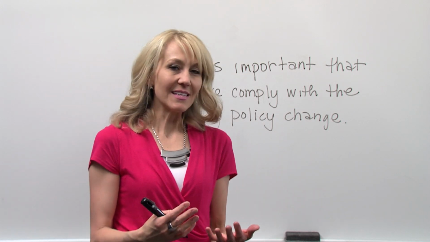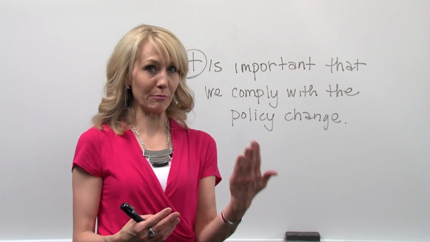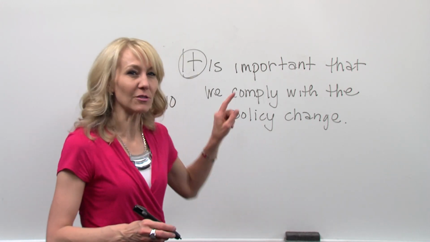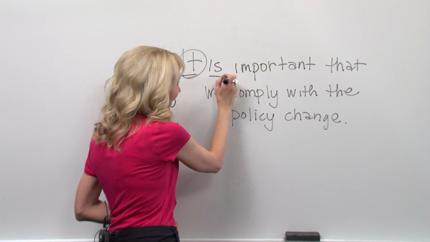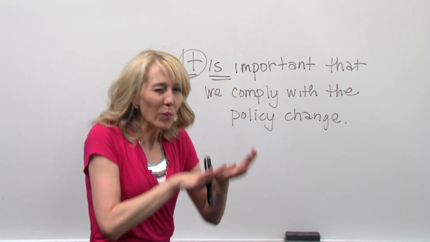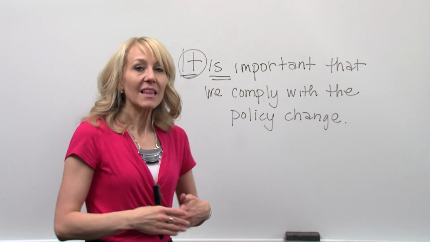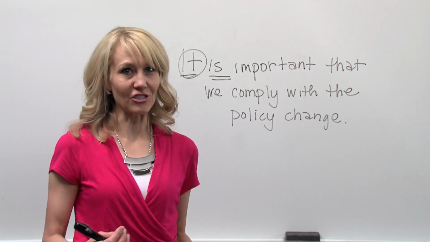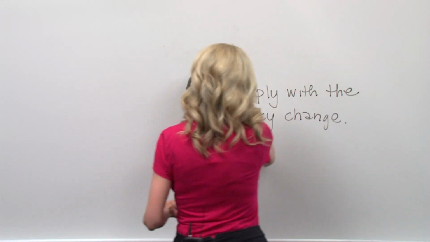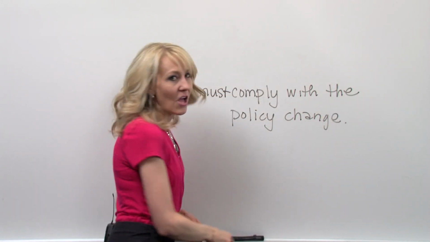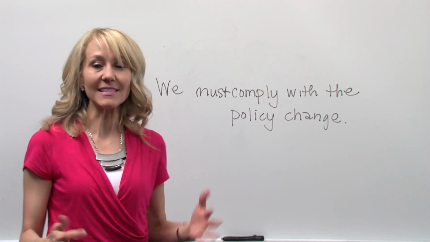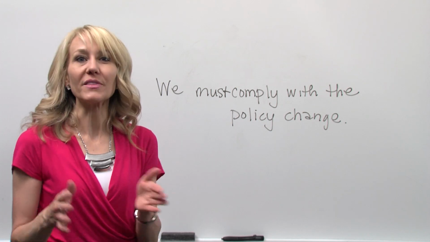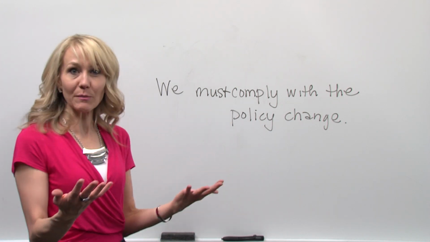So I look at that it, and I ask myself, is it functioning as a person, place, or thing? It is important, and it's not. It's functioning as a weak subject. It is my verb. Weak relationship, weak sentence. Let's restructure the sentence to have a clear, powerful actor of the action. Wow, I've just strengthened that sentence and made it a declarative sentence. We must comply with the policy change. And I've reduced my word count